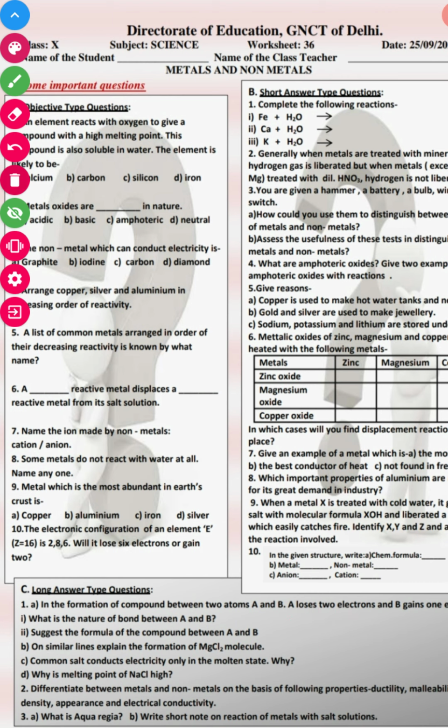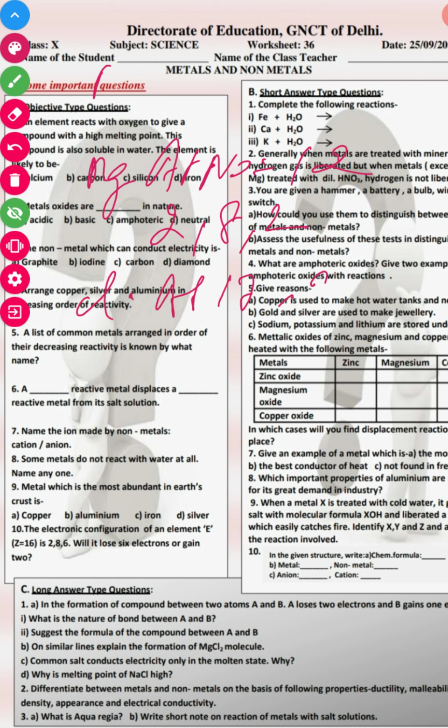So let's do this. See students, for Mg we have atomic number 12, so the electronic configuration is this. Cl has atomic number 17, and the electronic configuration is this. So you can write like this: